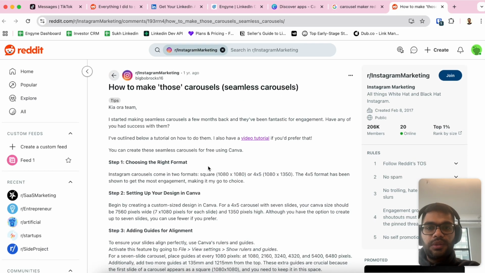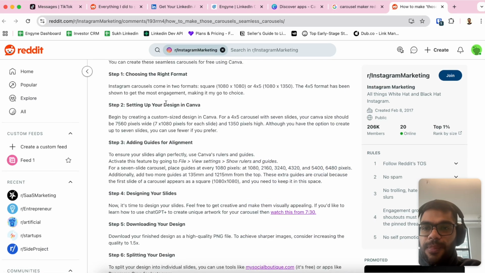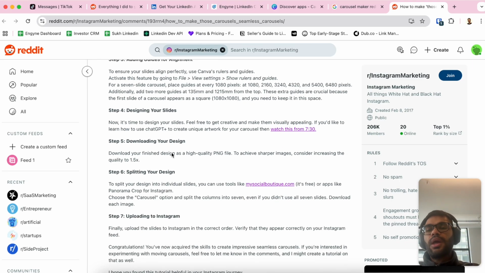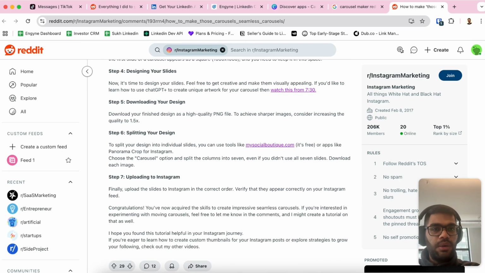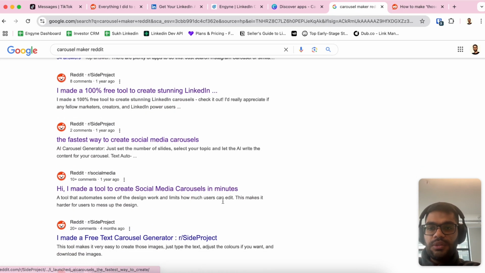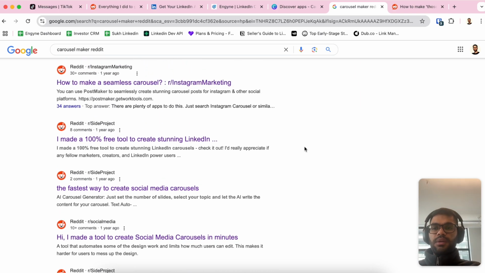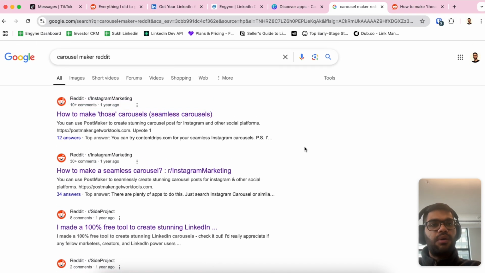So for example, this is the top one. I'll say, okay, this person is trying to create a carousel in Canva. I'll try to leave a valuable comment and then a link to my app. And I would do this for each of these items here. The reason you want to do it this way is because there might be 100 other posts, but they're not getting any traffic. These ones are, so might as well just keep leaving comments on these ones.